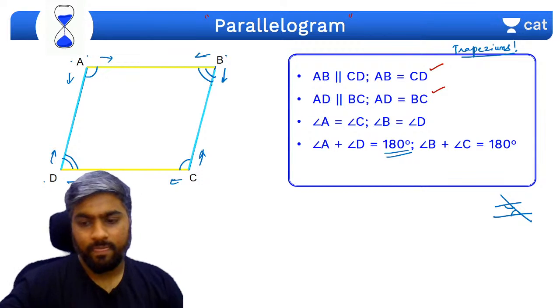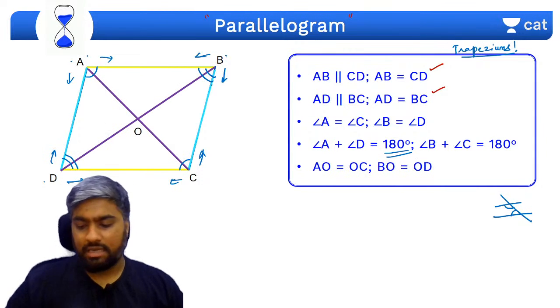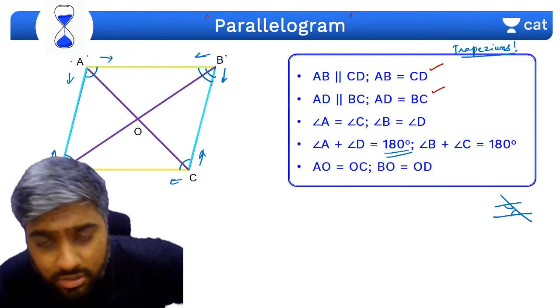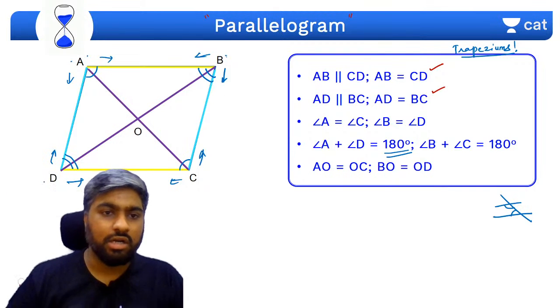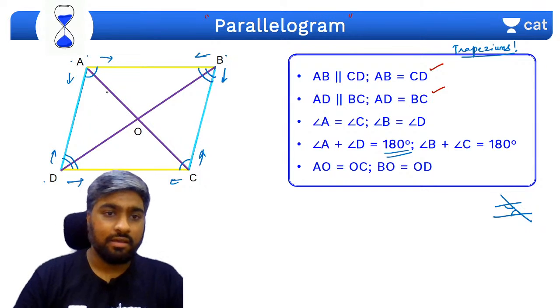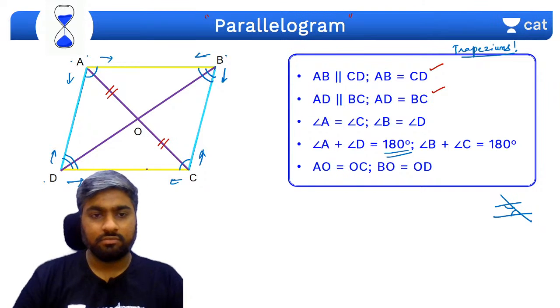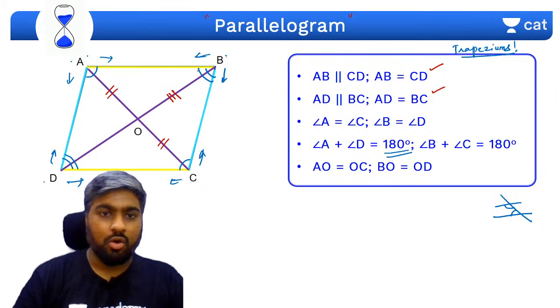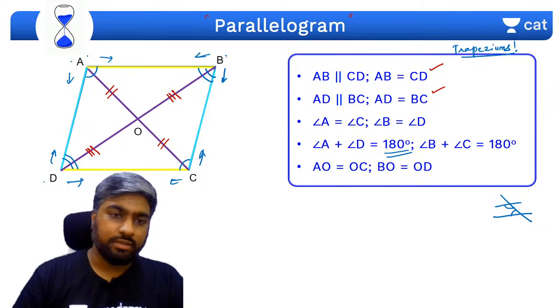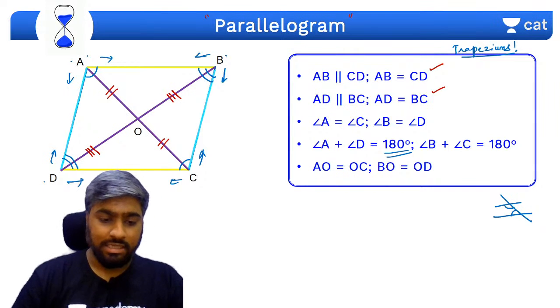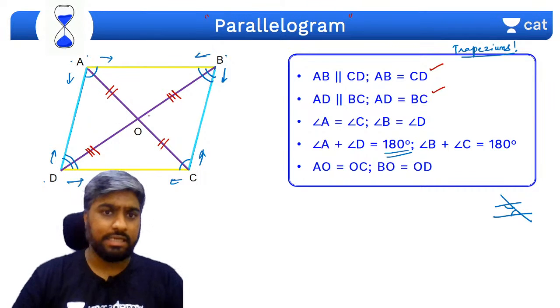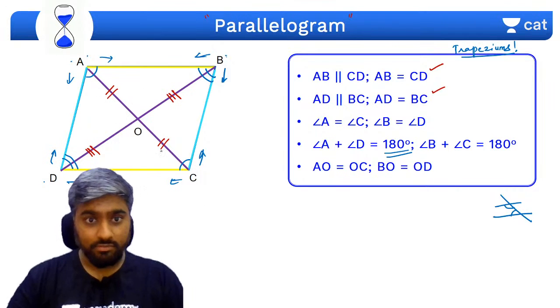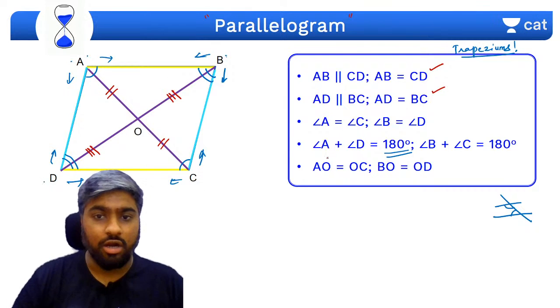Cool. And for the last part, what do we have? We have two diagonals here, and these two diagonals bisect each other. Yes, these two diagonals do what? They bisect each other. That means AO will be equal to OC. Yes, and BO will be equal to OD. Do you understand? These bisect each other. These do not bisect at 90 degrees. These are not equal. AC, BD are not always equal.